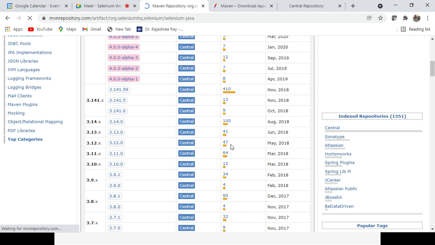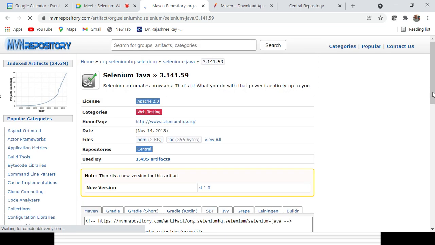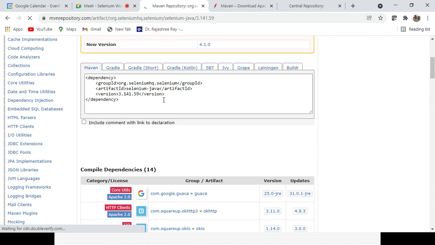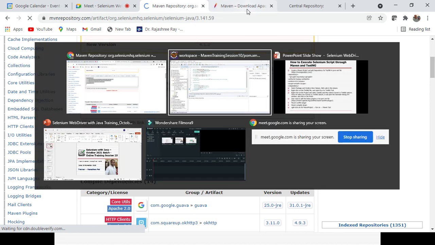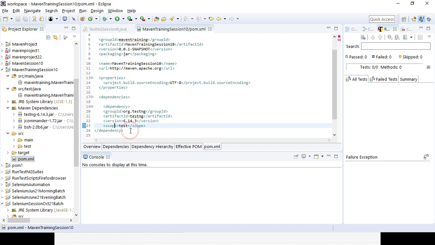I will copy that dependency. No need to remember anything, just copy whatever is there from the Maven repository page, because this is the home page for Maven. Then I'll add another dependency under the dependencies tag here.